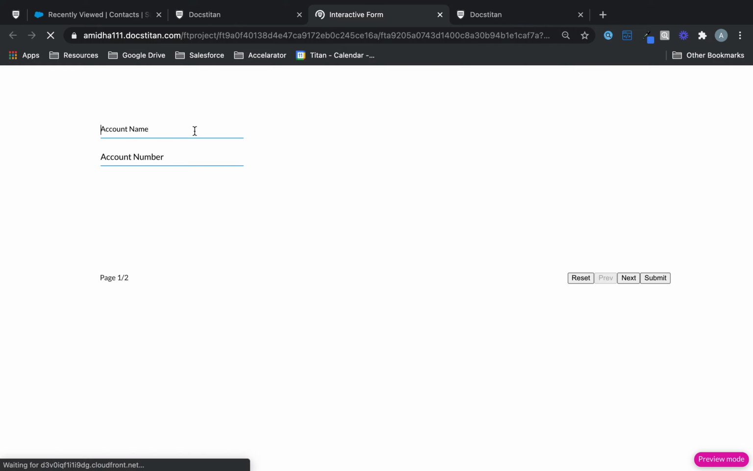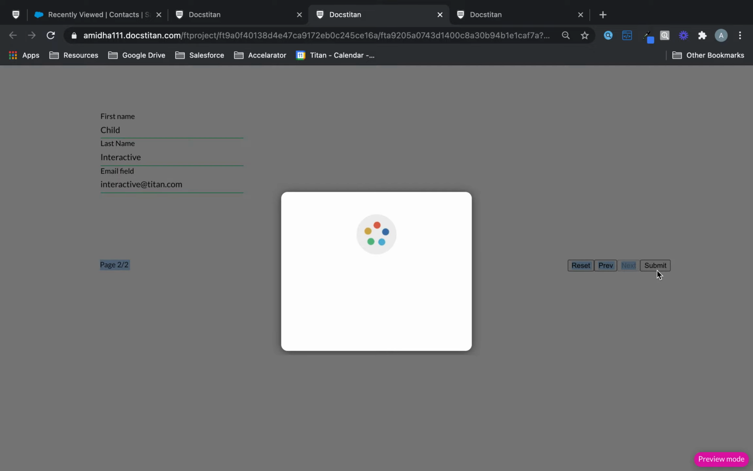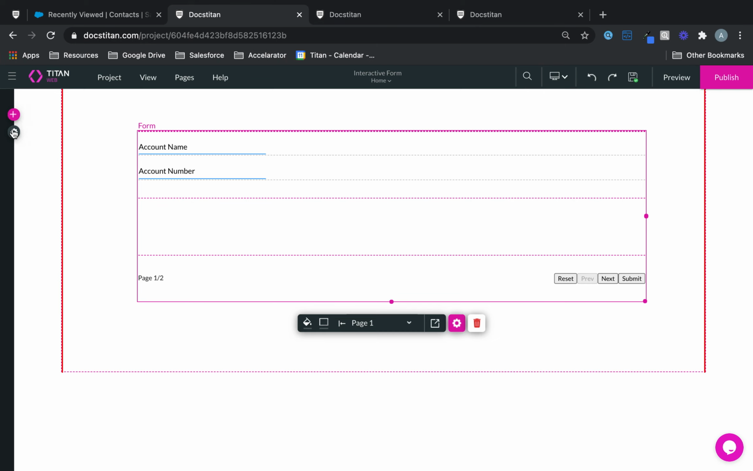let's go ahead and click preview. We'll call this one parent interactive, 1, 2, 3, 4, 5, 6, 7, 8, 9. I'll click next, which will take me over here. We'll call this one child interactive, at titan.com. And when I click submit, it's going to go ahead and run that action, and the submission has been done. So now if we just go back into the integration logs,